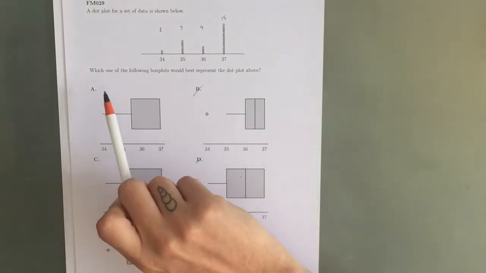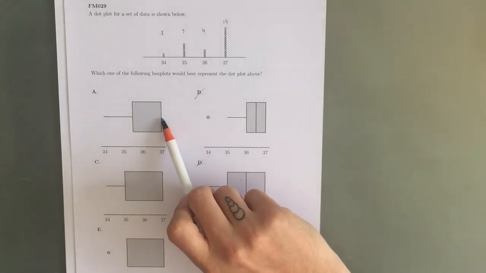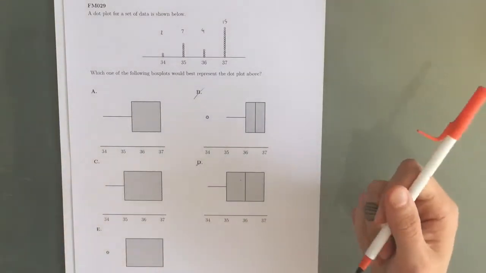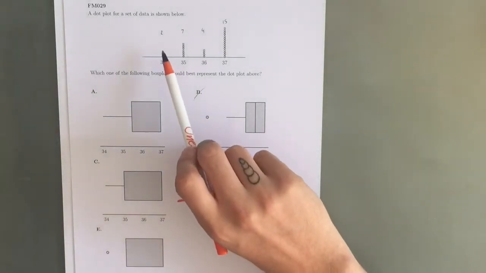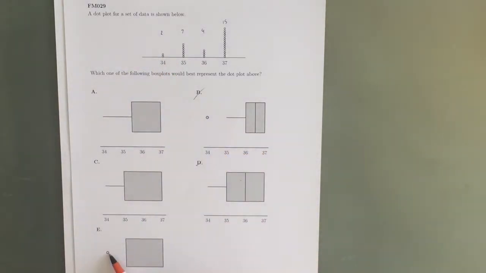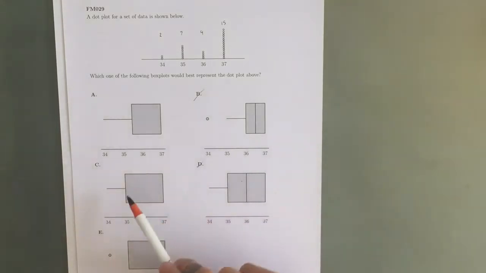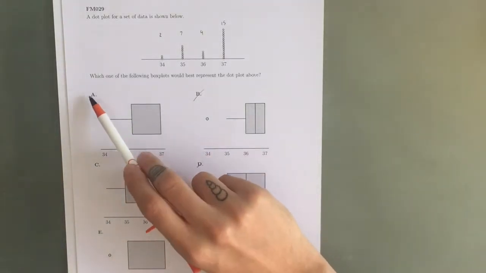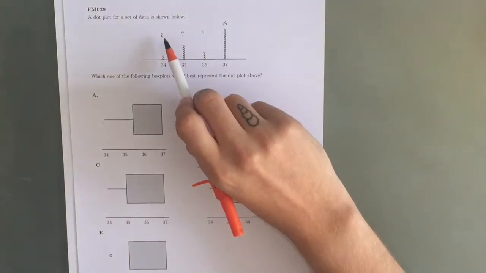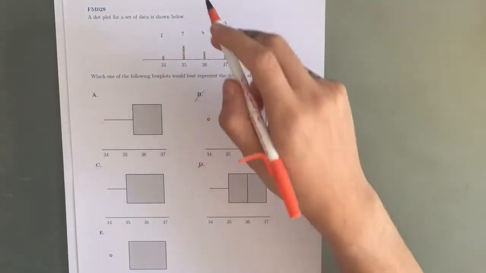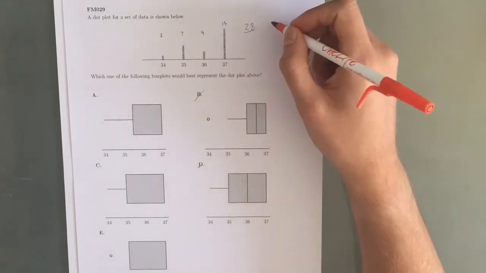Now, A, C, and E are left, all showing that our median, Q3, and our maximum have the same value of 37, so any of these could be true so far as we know. Our minimum is 34. Once again, we have an outlier presented in E. We have C as a possible answer because its minimum is also 34, and A is another possible answer with a minimum at 34. So we've got 9, 13, here 15, which means you have 28 values all up,